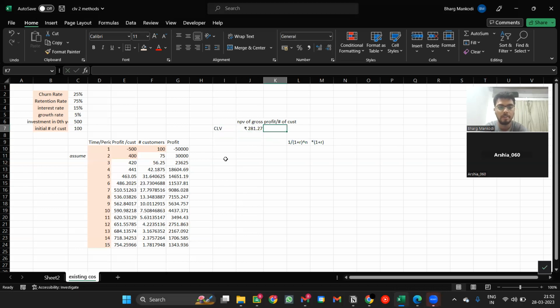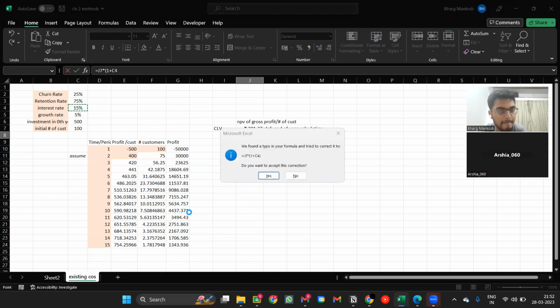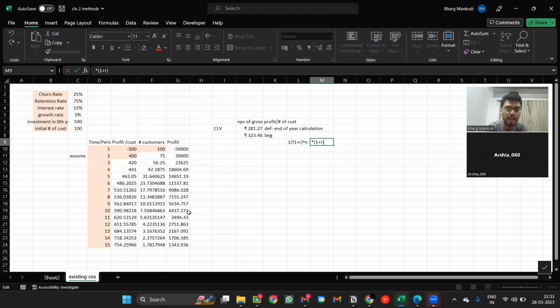Yeah. So this is default, which is end of year calculation. They might ask you to do middle of year calculation or beginning of year. So if they do beginning, it is clear. It is this multiplied by 1 plus R. Correct. So now, generically, doesn't this formula 1 plus R to the power of X,